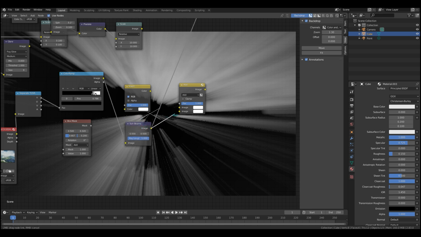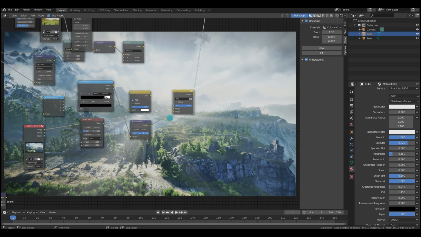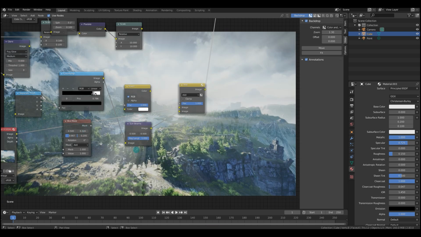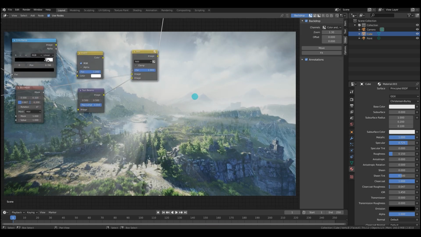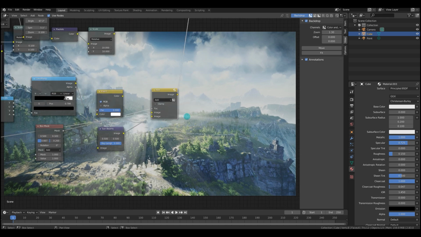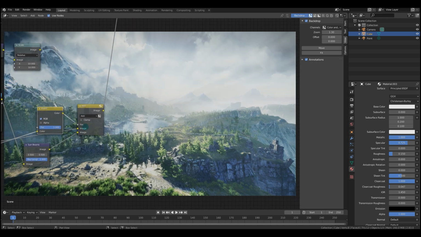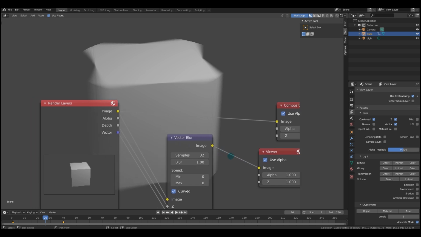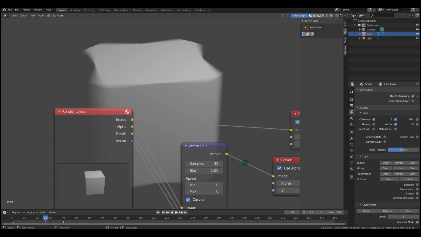Perfect. Now I'm going to drag that into an add node with our original image, and that is going to create our sunbeam effect. However, I also wanted to cut out this bottom sunbeams and just use the top, so I created a box mask like this, and I will use that as the factor for this add node. Except it's inverted, it's just cutting out the top, so I'm going to slap an invert node on there and call it good. The vector blur node simulates motion blur using the vector speed render pass.